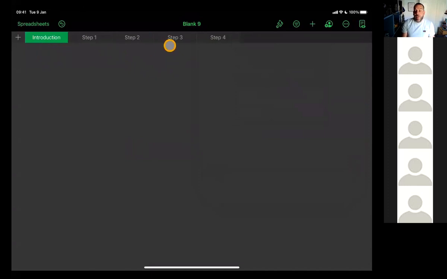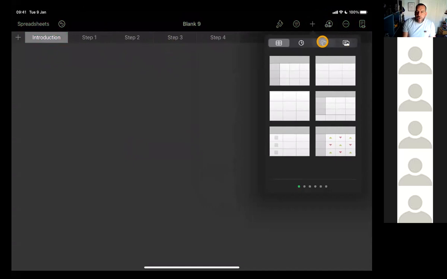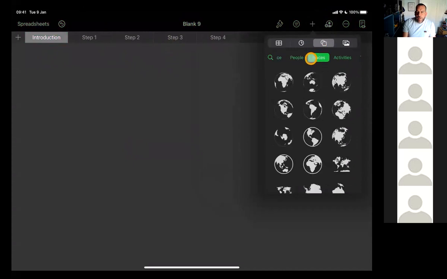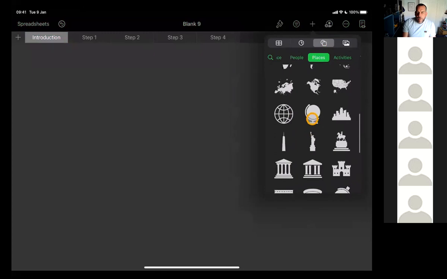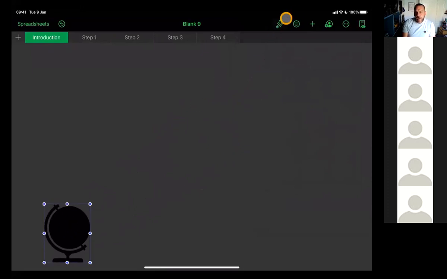And now I'm just going to start to design on this page. So this is my introduction. This is my setting the scene for the learners. So we're going to say this is about space. So I'll go into my shapes library and I'm going to find some objects in places. Maybe I'll take globe. And this is kind of the design element of how can I engage the learners